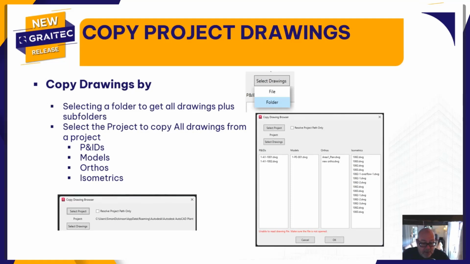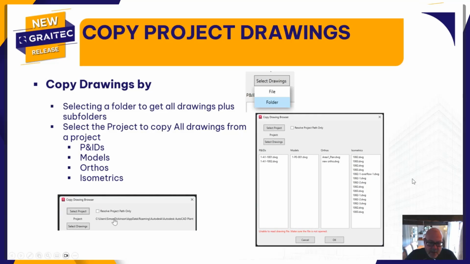Now, one of the things we used to do before is where it says select project, if you selected the project and then the project XML, you could import everything from all the subfolders. But I might not want to do that. I might just want to copy all the models. Now, what you'd have to do then is select all the model drawings separately, one at a time, or by folder or by subfolders. Each subfolder would have to be added separately. We can now select a folder for the import,